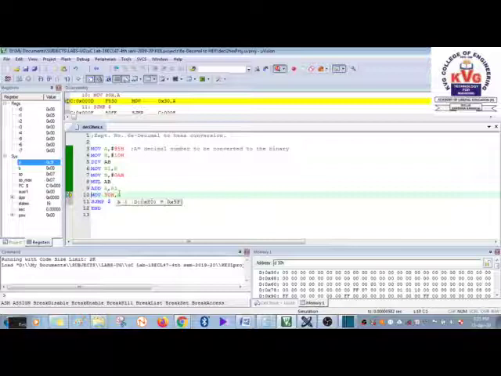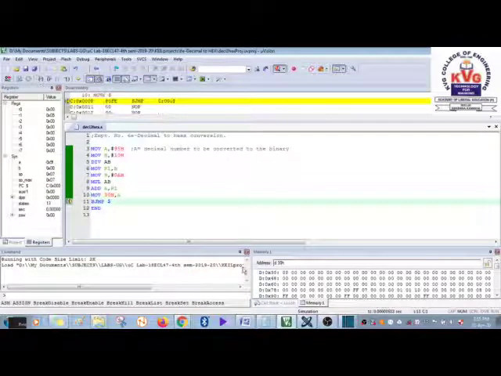And then we add the remainder which was stored in R1, that is 5. We add it to 5AH, which becomes 5FH. So the result is 5FH. So 95 in decimal is equal to 5FH in hexadecimal. The last step is to store the result here, 5FH, and terminate the program.